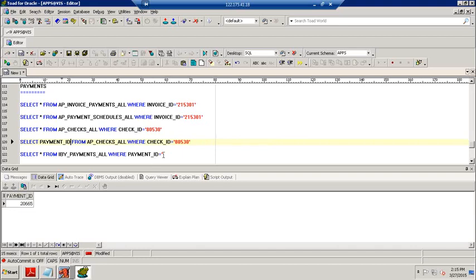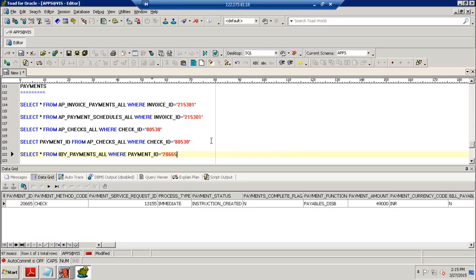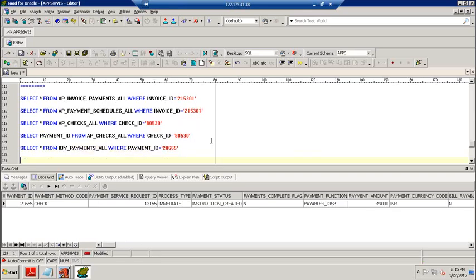Payment ID 20665. With reference to that payment ID, we are going to clearly understand the payment information and how much amount we are going to clear.